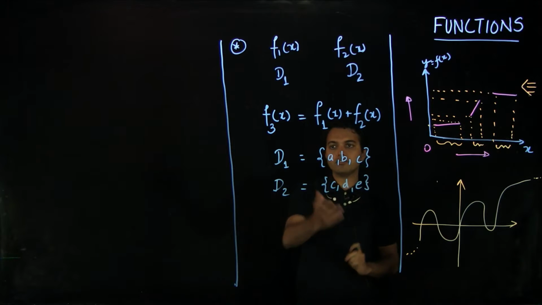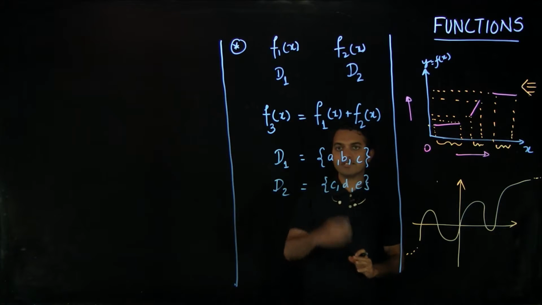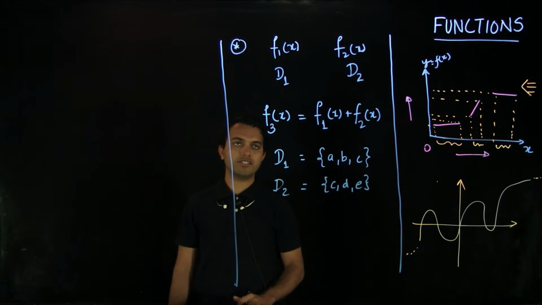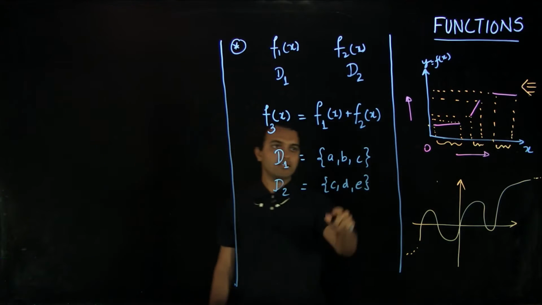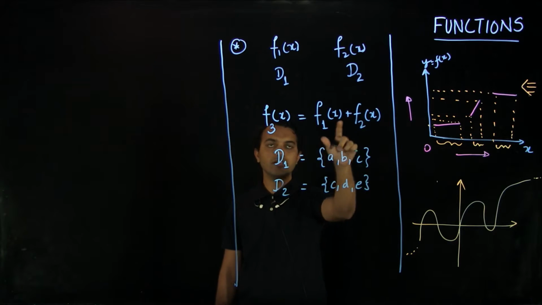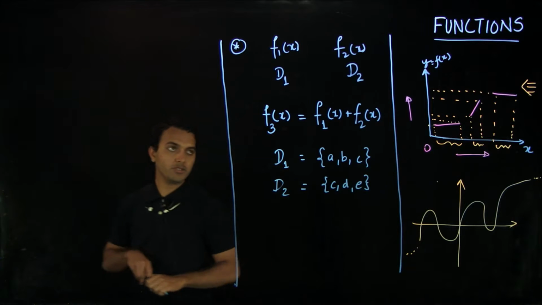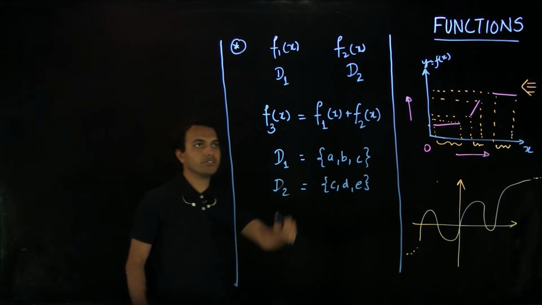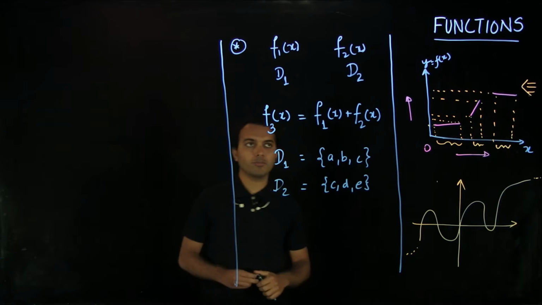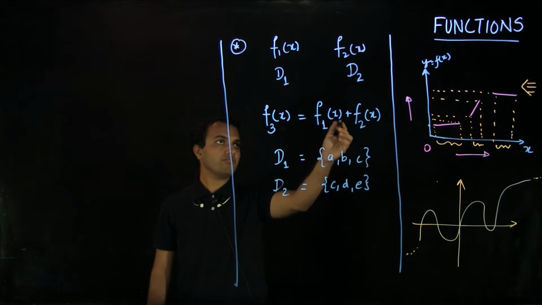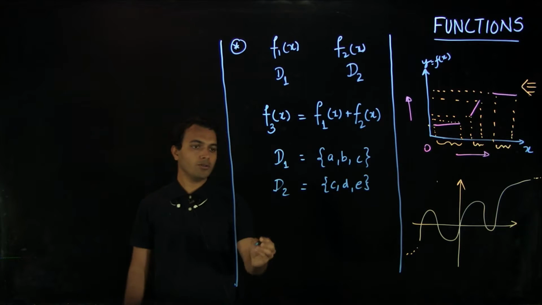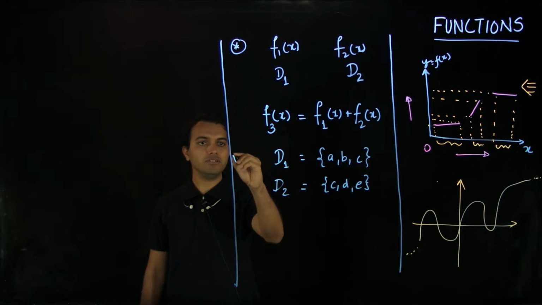So based on these D1 and D2, what can we say about the domain of F3? Clearly, C is in the domain of F3, because for an element to be in the domain, it should be defined for both F1 and F2. But A, B, D, and E are not in the domain, because F1 of A exists, but F2 of A does not exist. So from this simple example,